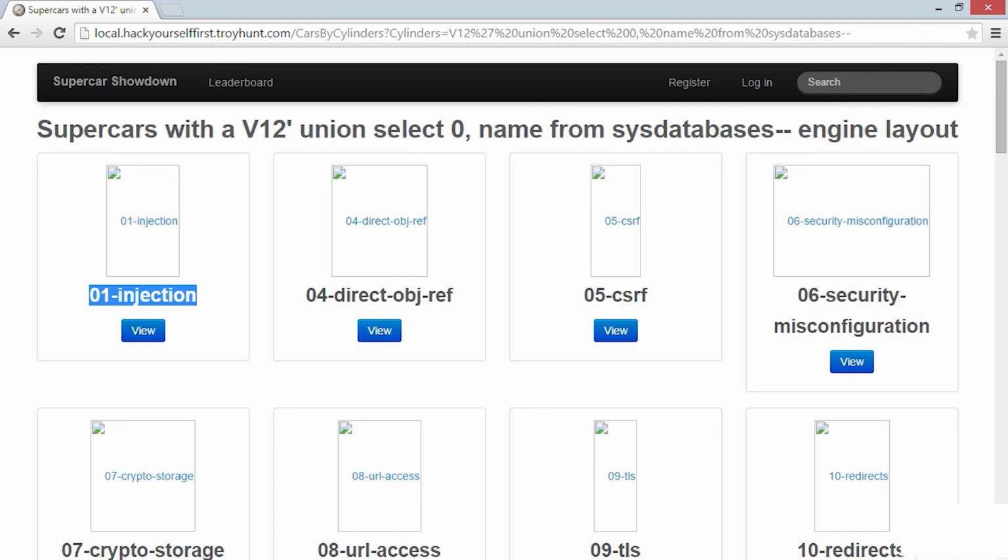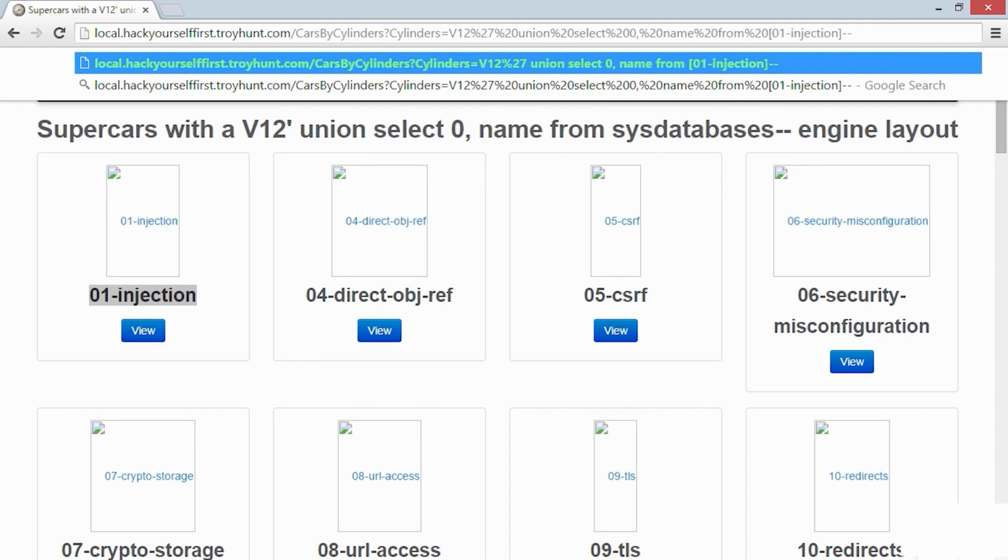So I'm going to want to select out of sys.tables. And we know that in sys.tables, there is a column called name. So I can actually leave my select statement here the same. All I'm going to do is change the database I'm selecting from. So let's change it to